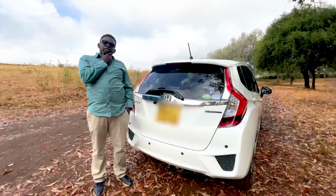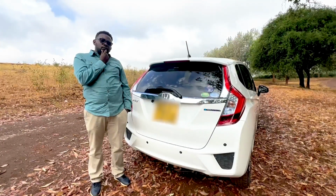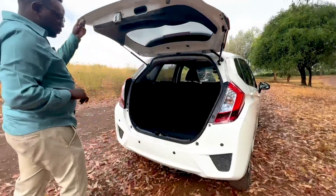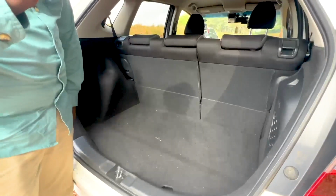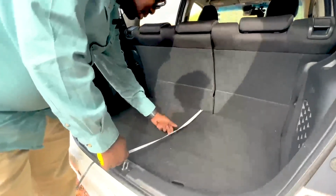Let's check the boot space. Is the Honda Fit's boot space quite huge, or is it just like a Demio's? Let's check it out. So quite reasonable. Let's see what we're looking at here: shy of 2.5 feet, just 2 feet and change in